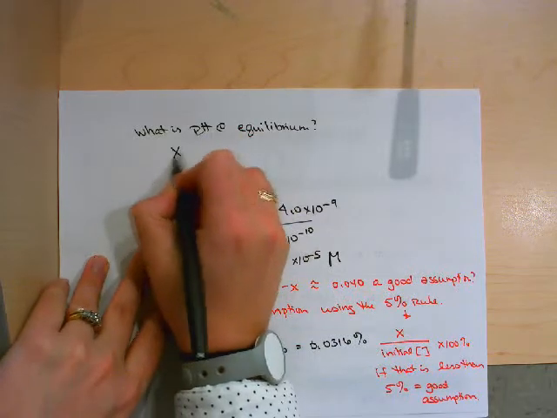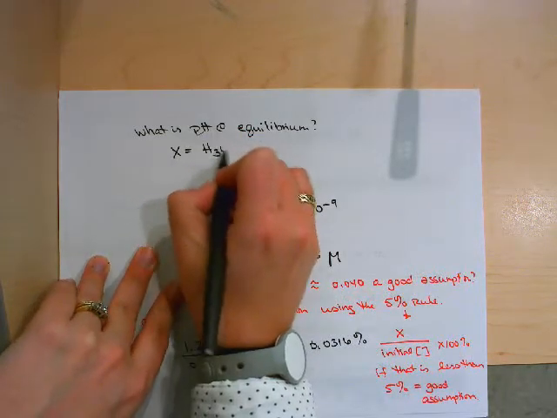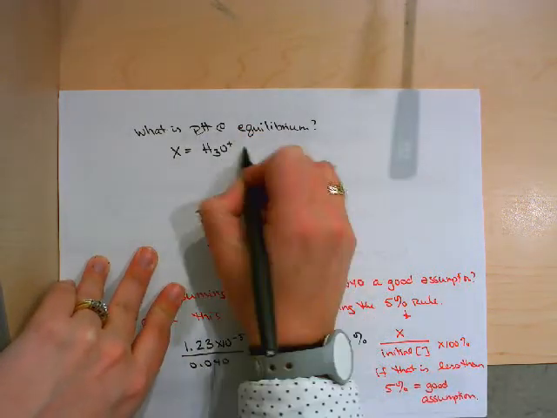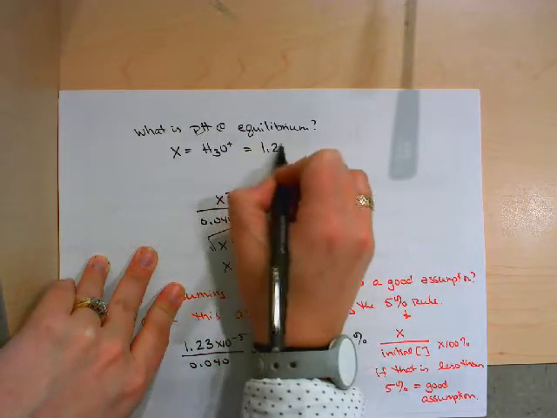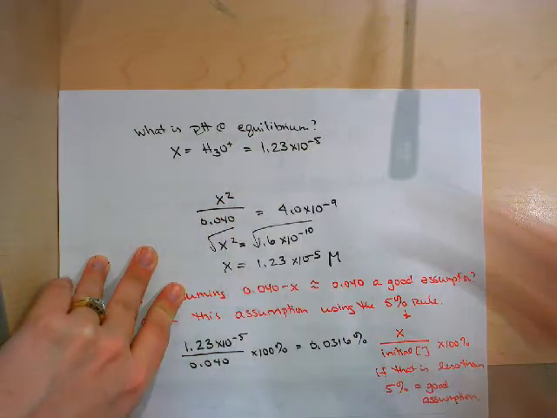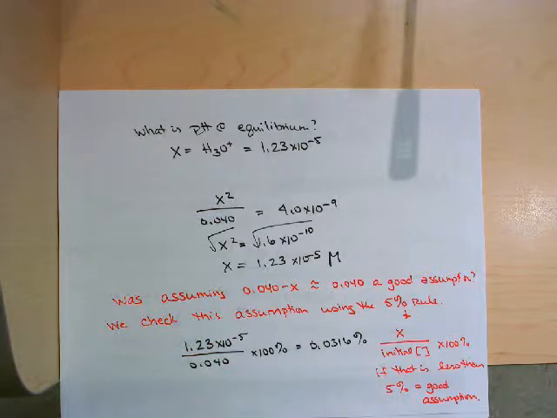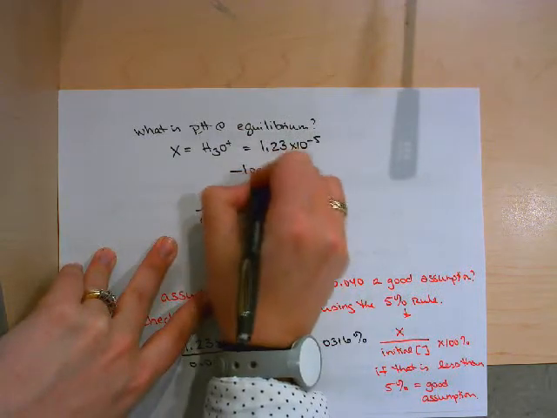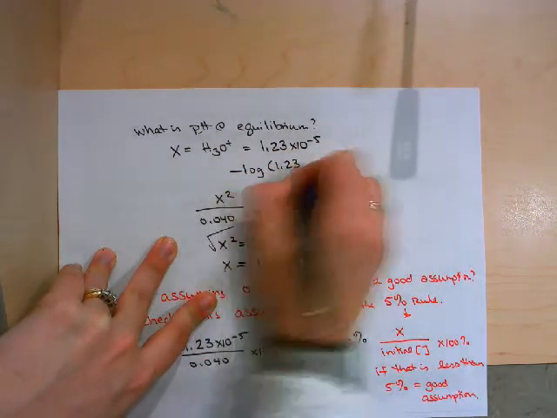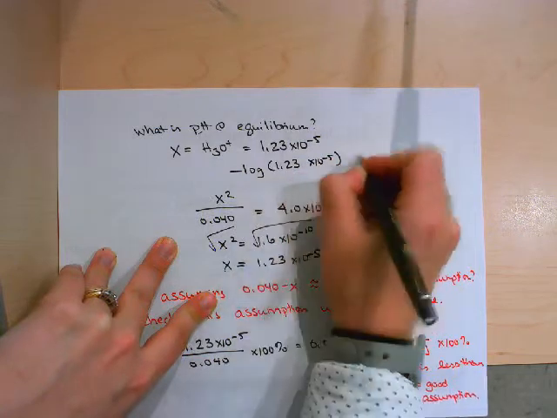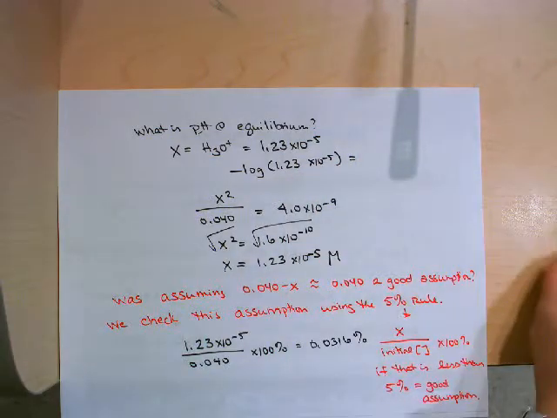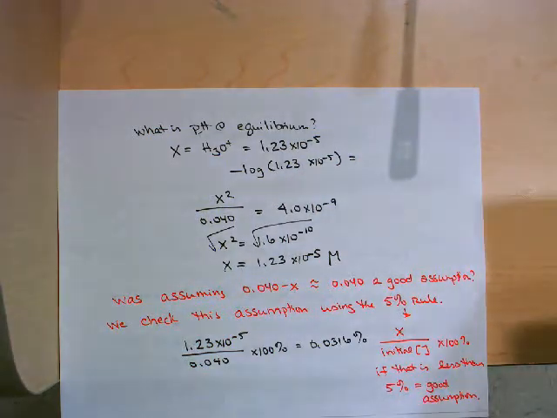We just said x is the hydronium, which equals 1.23 times 10 to the negative fifth. So what is pH in math words? Negative log. So that should be